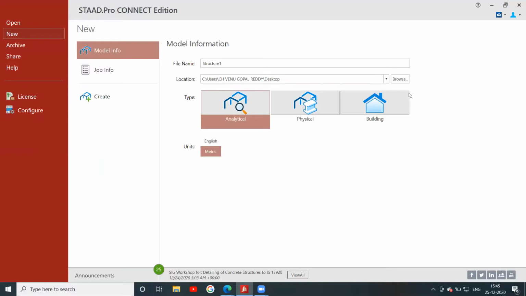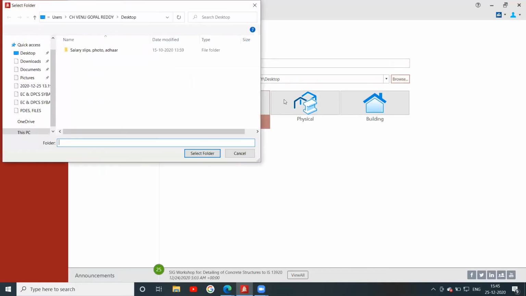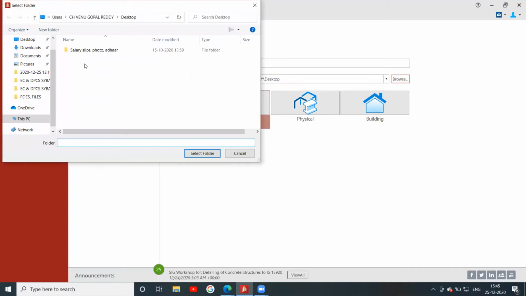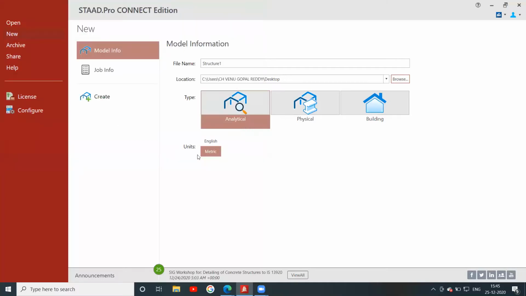Select the file name and also the location. Select the location on the desktop.